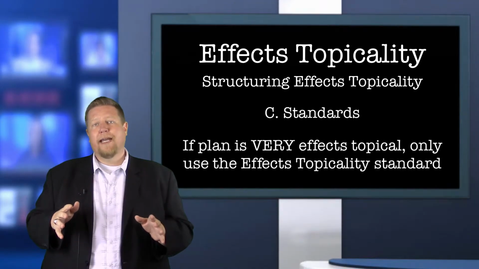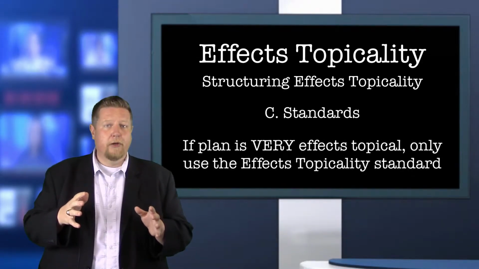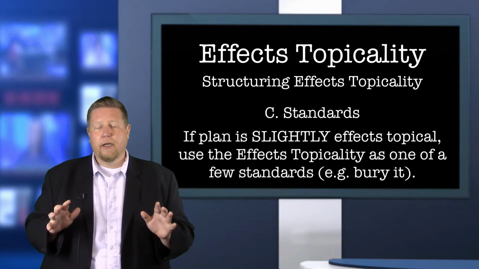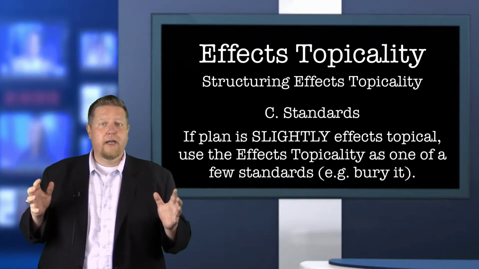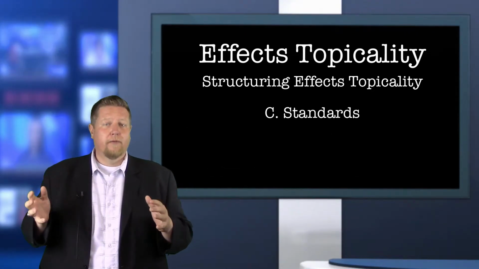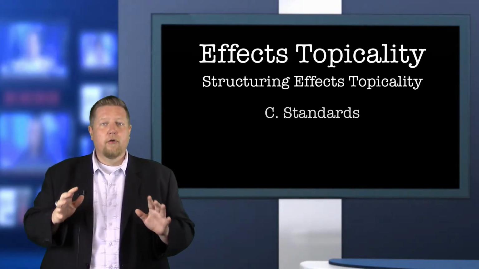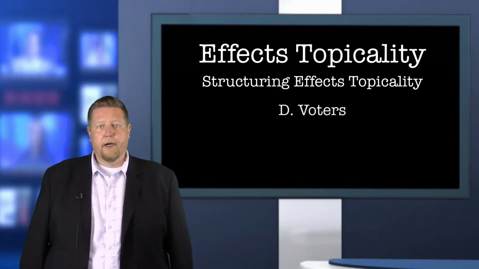If you know that the plan is clearly affects topical, you should list affects topicality as your only standard. Doing so will make it stand out more. But if you don't think the plan is blatantly affects topical, you can add it as the second or third standard, then blow that affects standard up later in other speeches if the affirmative team drops that standard. Now, that strategy only works in front of highly experienced judges who are keeping a tight flow of the round and they'll see the argument in the first place, but it's something to think about.